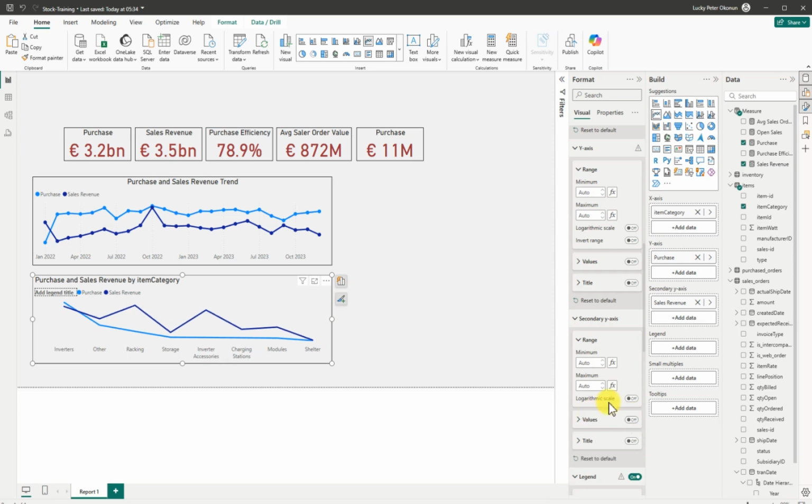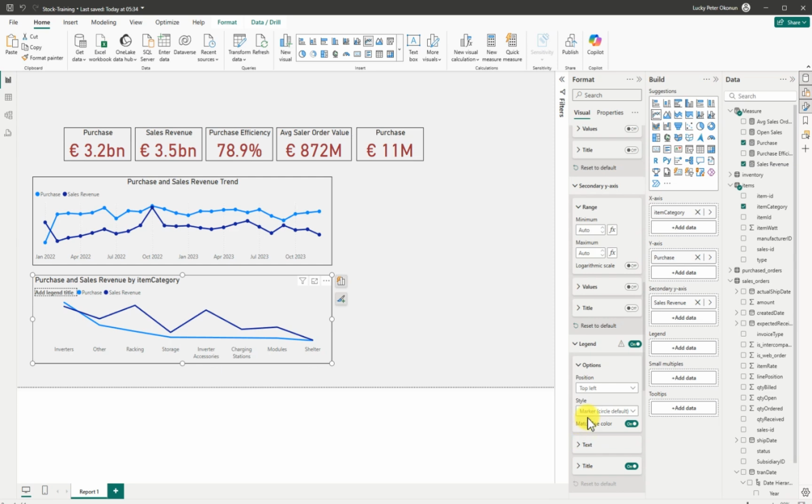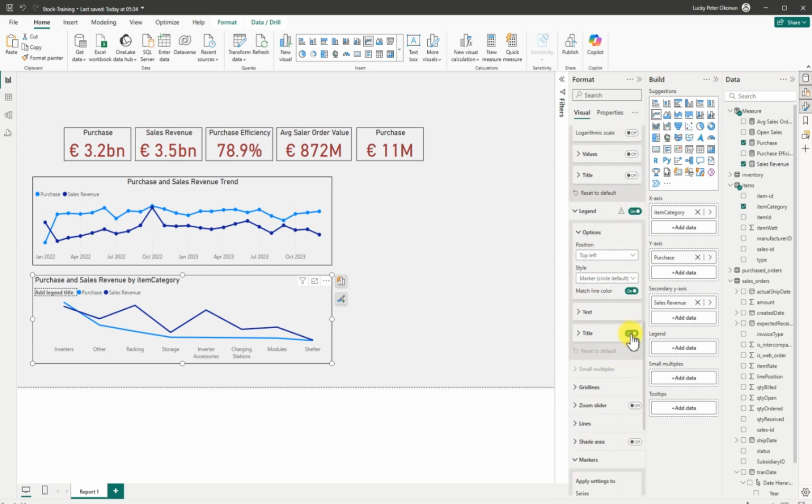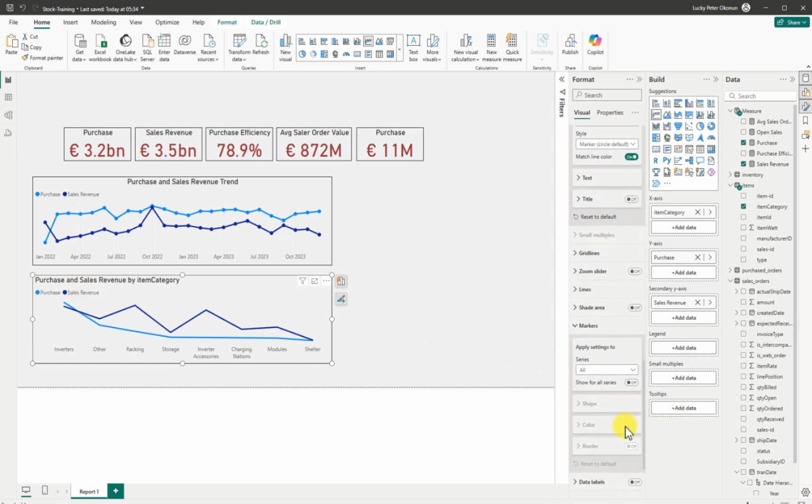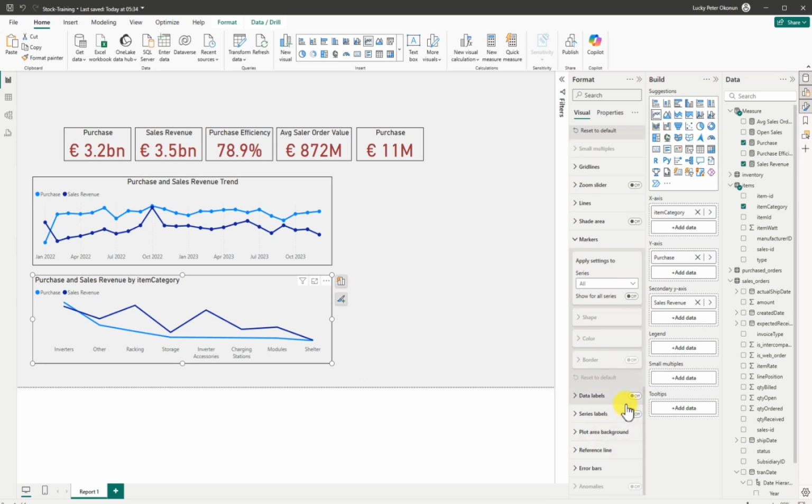So we go to the legend and we're going to remove the title of the legend. So we just add purchase and revenue. Then the next thing is we go to the data label. We put on the data label. So we have one as million, we have one as billion. The one that is billion, I think that should be